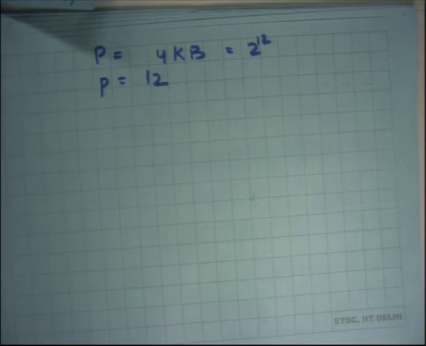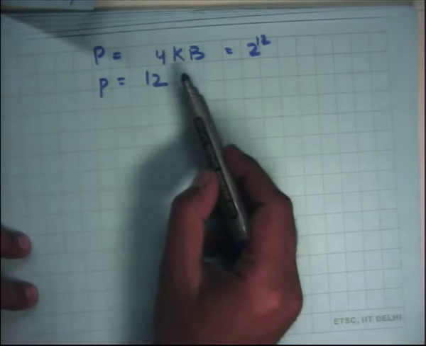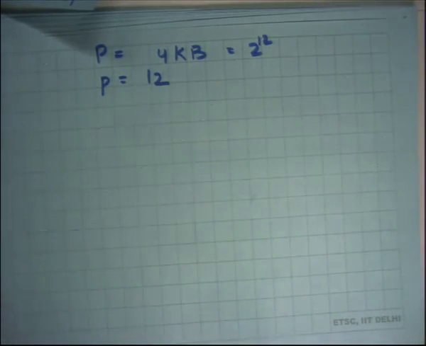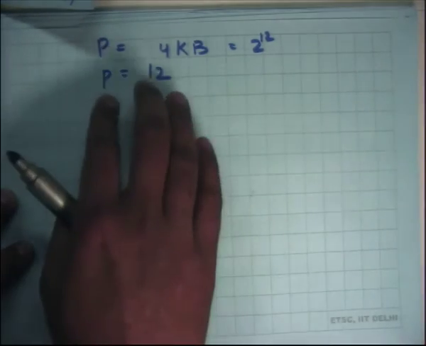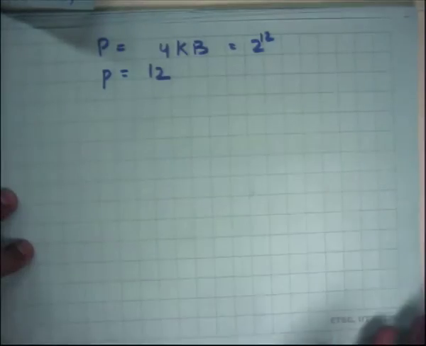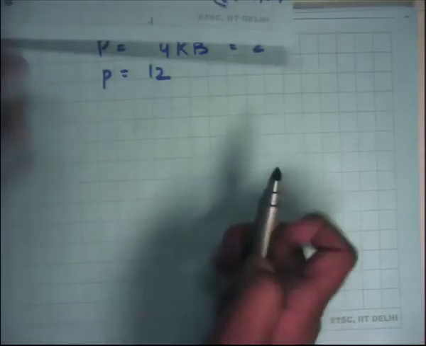Okay, as we go along the course, we're going to see why a number like this makes sense. It actually depends on the physical characteristics of the hardware, etc. But let's first understand, assuming that a page is 4 kilobytes, how does this mechanism work? So a page is 4 kilobytes. What happens is a virtual address is